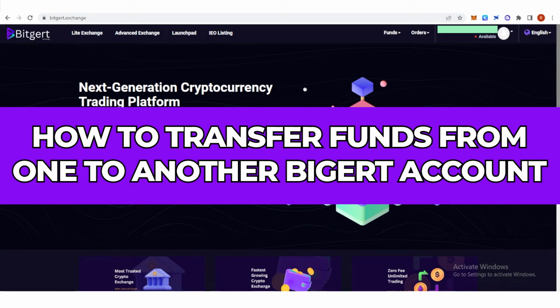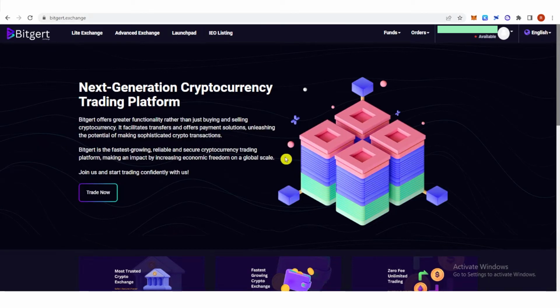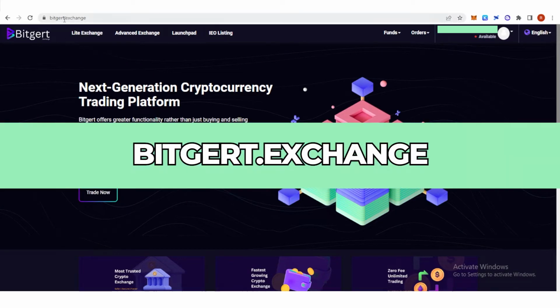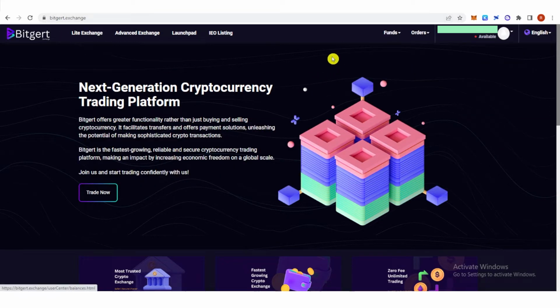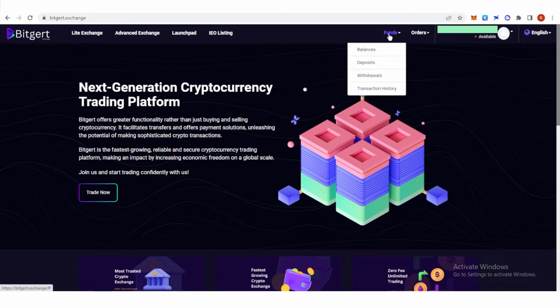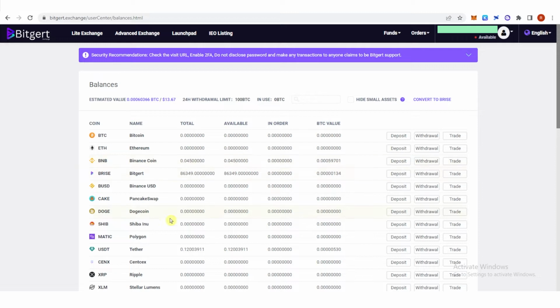In this quick video, I will show you how to transfer funds from one to another BitGert account step by step. So the first step is to go to bitgert.exchange and you are going to need to log in first. Then once you have logged in, go to funds and click balances